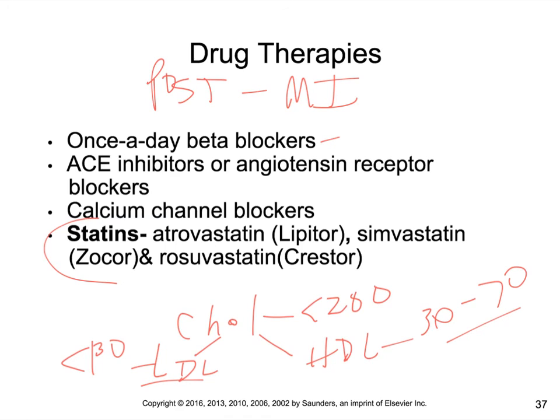So that is why we not only take the total cholesterol, but we also look at the low-density and the high-density lipoproteins. If their total cholesterol is 200, but their low density is, say, 180 and the HDL cholesterol is only 20 of that 200, we need to fix that. That means they have more bad cholesterol than they do good cholesterol, and they could still have major risk for